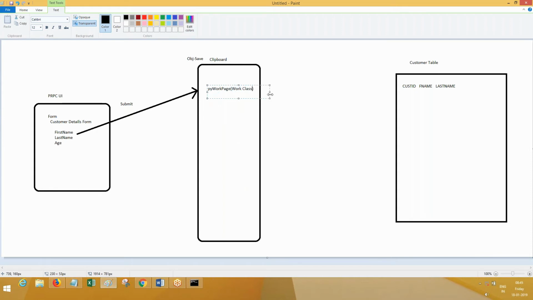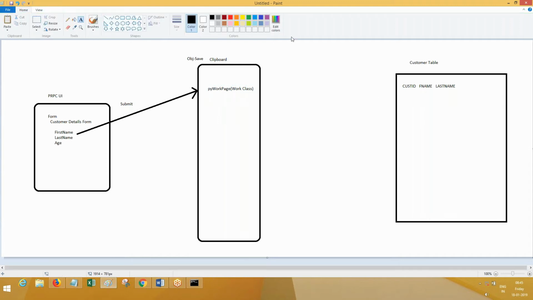Now, this data is getting stored into the work table, that you already know. But leave out the work table. My requirement is, apart from the work table, I want to store this data in a dedicated table. If this is the requirement, you need to write an activity using the obj save method.